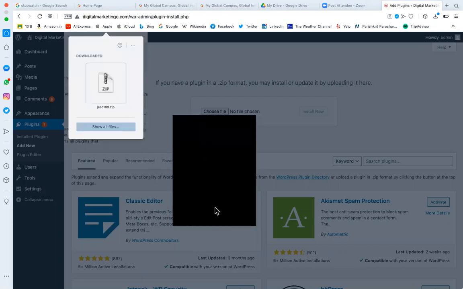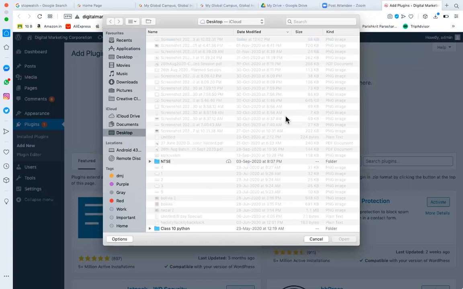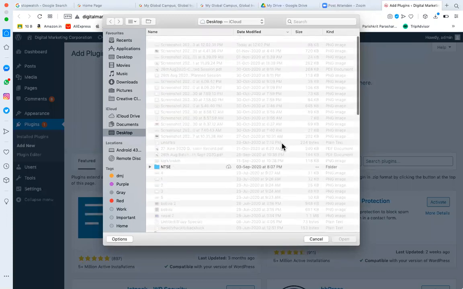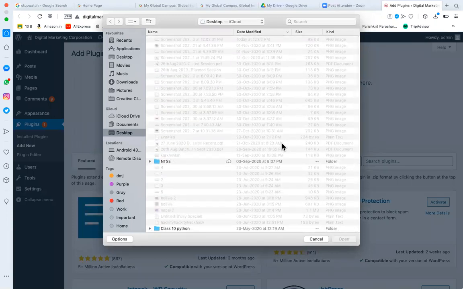This is the list of the plugins. If I bought some plugin from somewhere else, you can download it. If a friend or family member is giving you that plugin, it may not cost you anything, but anyway, that is the software. They will give you the code. You may store that code on the local system, then select it, click on open, and upload it.